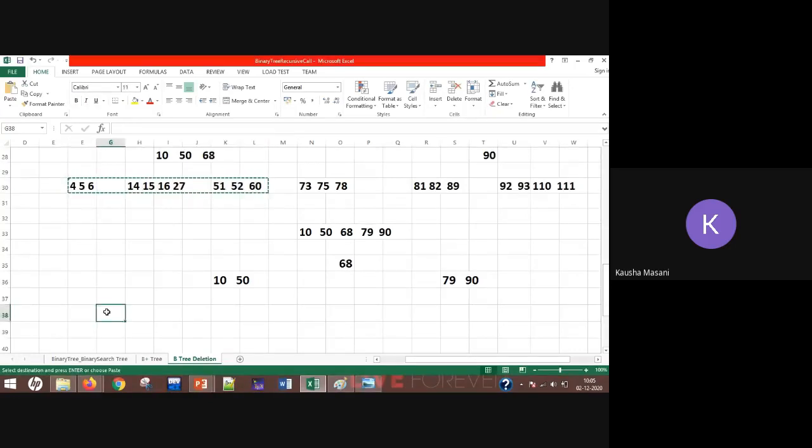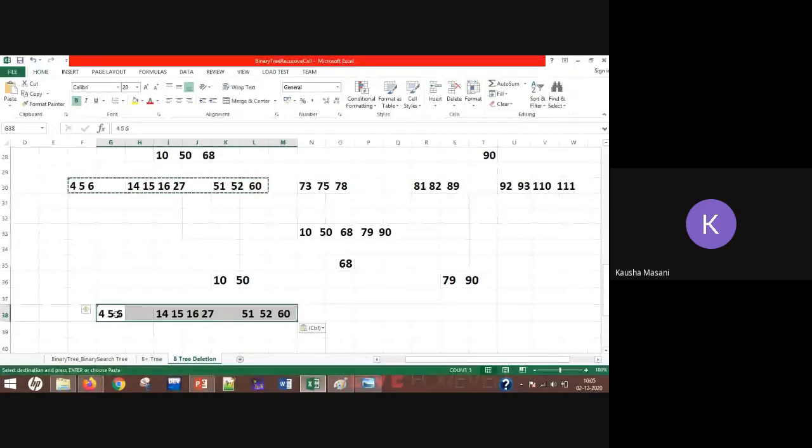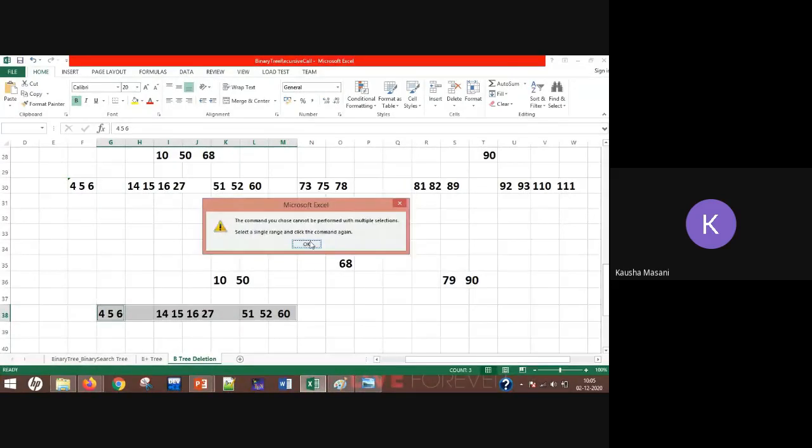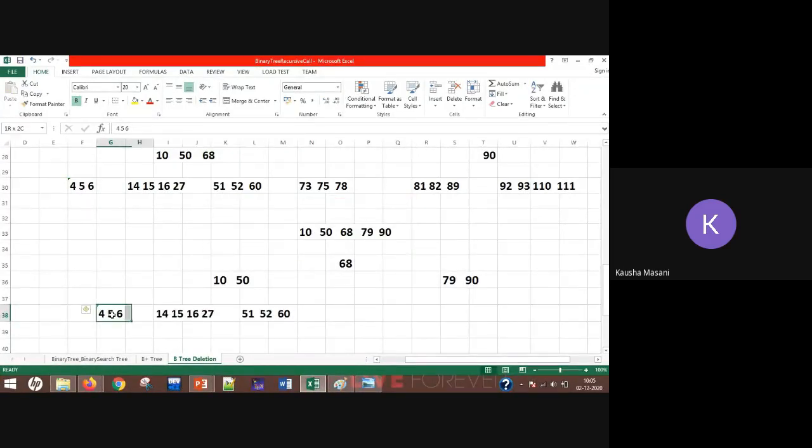Nothing will happen in them, no change will come. In these three subtrees there is no change. They are at their proper places. Okay, 4, 5, 6 on the left, 14, 15, 16, 27 on the right of 10. Left of 50 again 14, 15, 16, 27 and on the right is 51, 52 and 60. No change there at all.